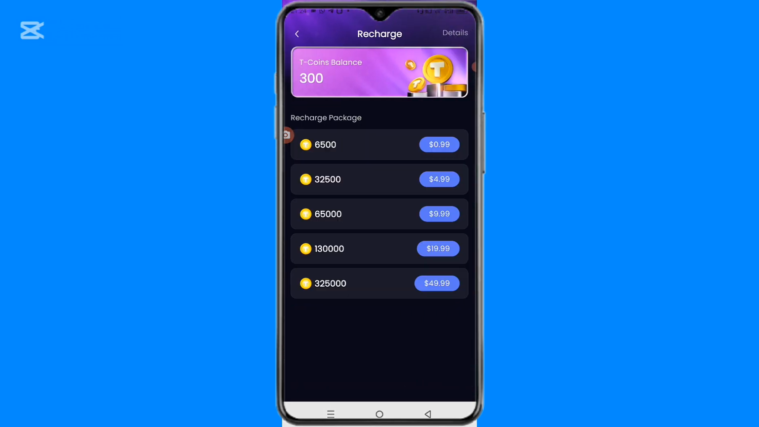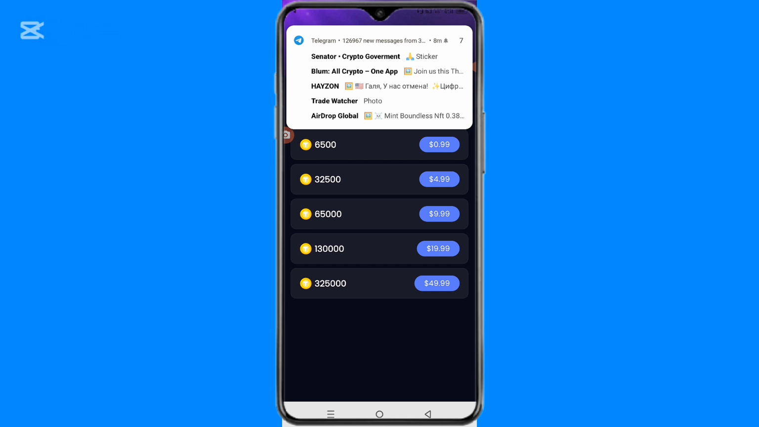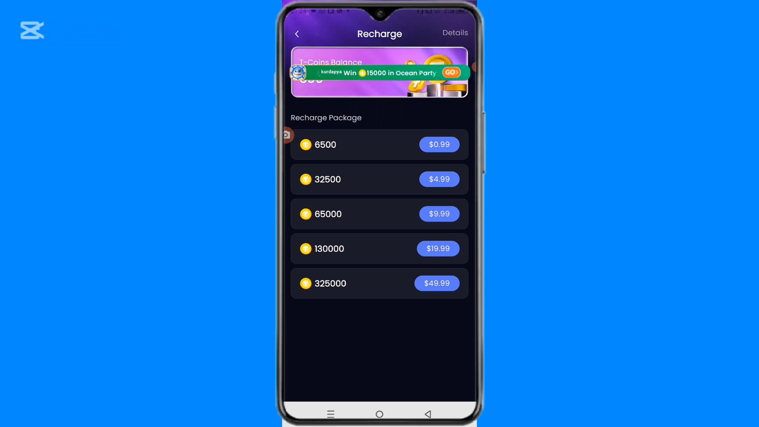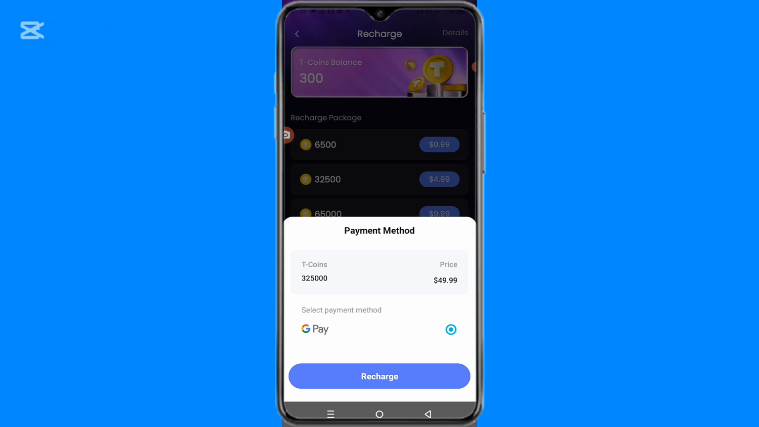Now you just have to buy the amount of coin that you want in order to acquire Diamond VIP, and the amount of coin required is 1 million coin. So it simply means I'm going to buy enough coin because my T coin balance is just 300 coin, which is still low. I just have to click on the particular amount of coin I want to buy, and the next thing I have to do is to click on recharge